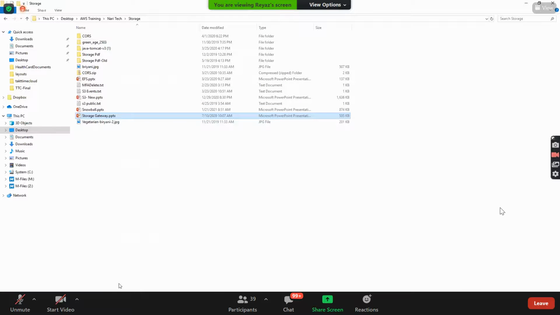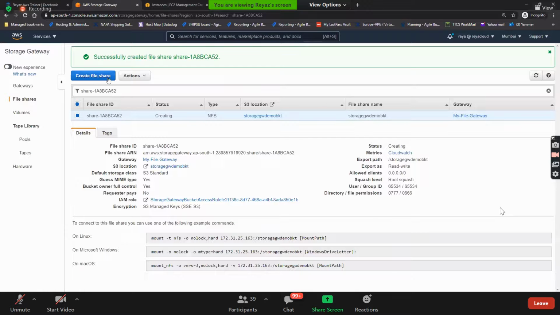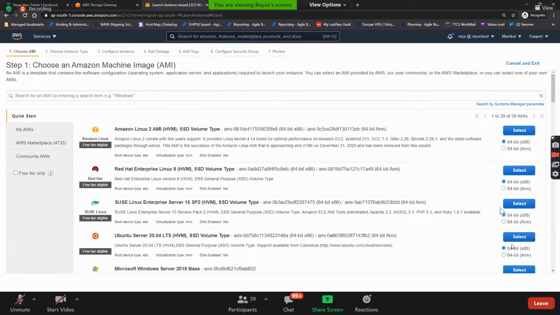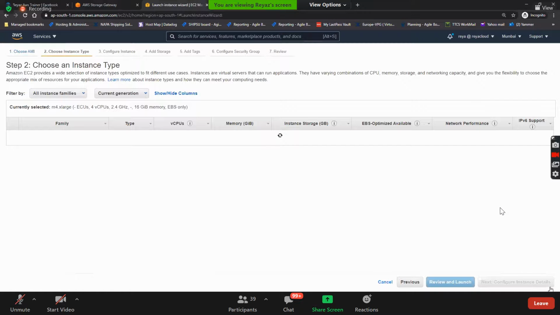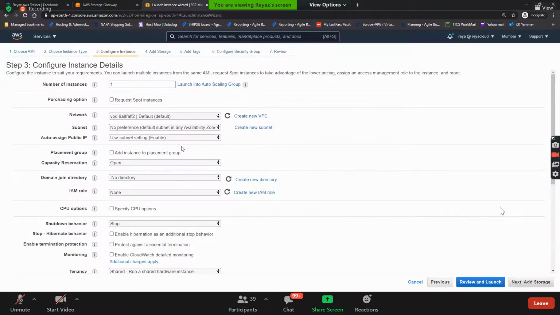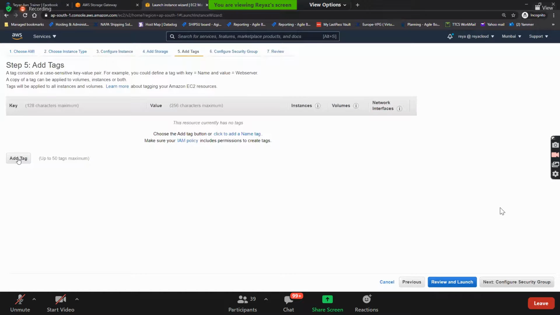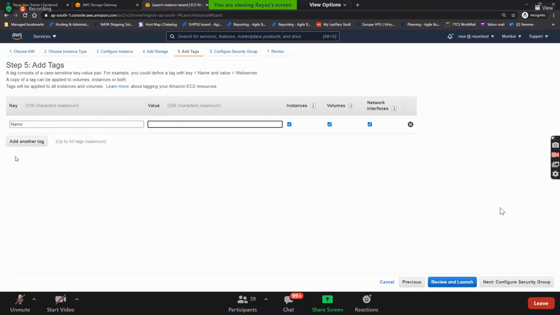Okay, so let's go to EC2 instance and let's try to launch one Red Hat, T2 micro, enable it, next, next, name, I call it some demo machine, demo instance or app instance.